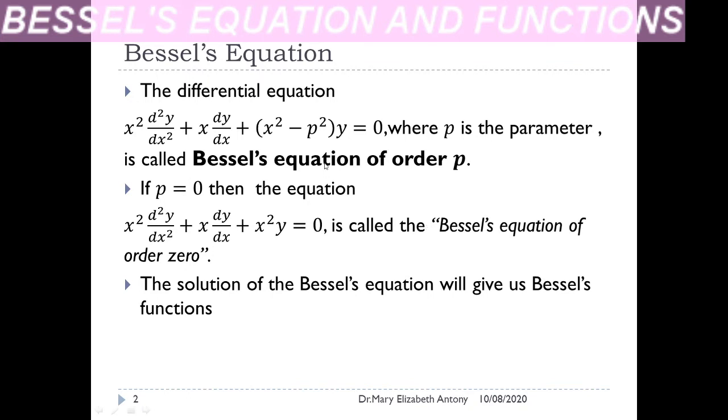Here, if you check Bessel's equation of order 0, it's clear that x equal to 0 is a regular singular point. That is the only regular singular point. Now we are trying to find a solution at the point x equal to 0. There we'll have to use the method of Frobenius to find a solution. That's the next step. We are going to find the solution to Bessel's equation of order 0.